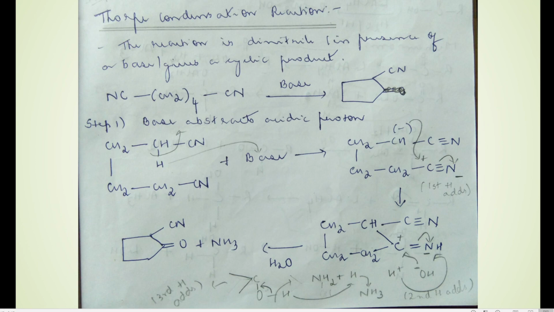Okay, and then once again for the third time that bond will shift. This time we will have NH2 minus here, and one H will come from this bond, that is COH is there, OH, H plus will leave and this bond will shift between carbon and oxygen, so we get C double bond O, and that H plus will come and attach over here to give NH3. Okay, that is eliminated and we get the final products. That's the reaction mechanism of the Thorpe condensation reaction.